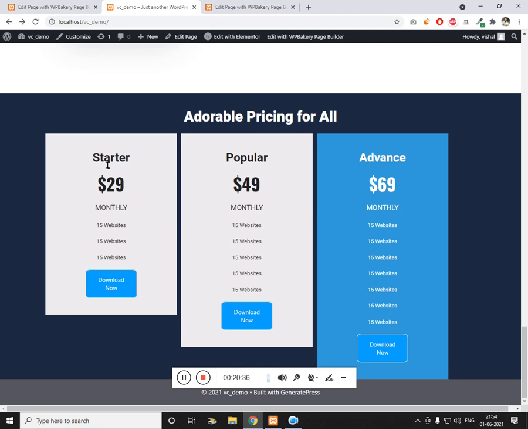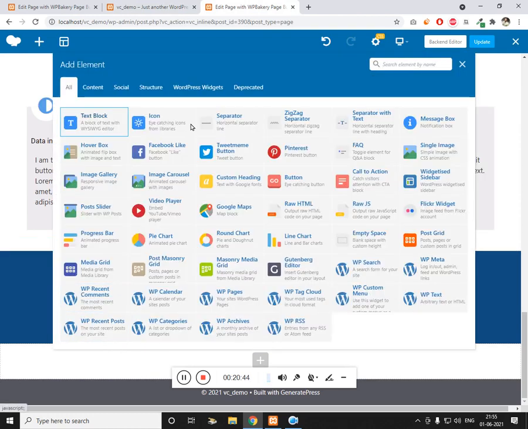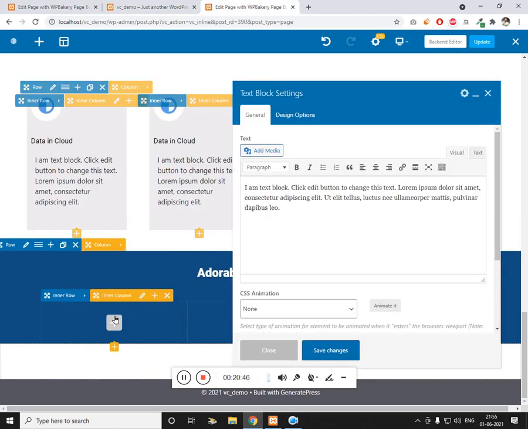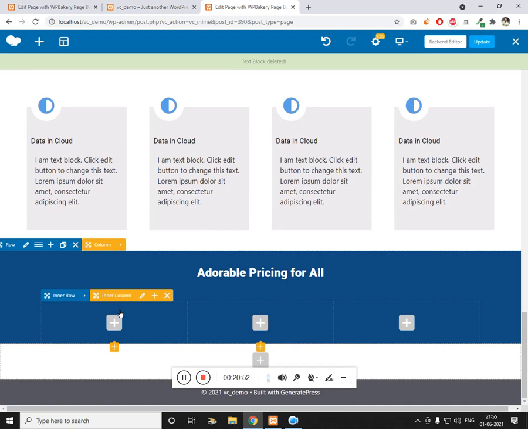So what we need is some collection of headings. Let's start with the heading 1. We don't need text block, we need heading.